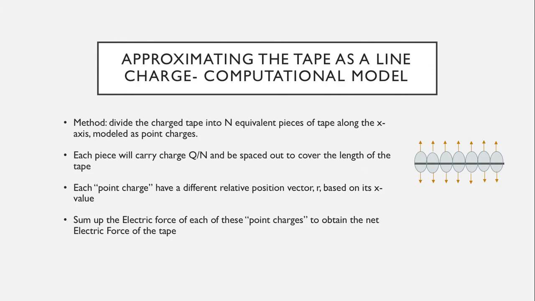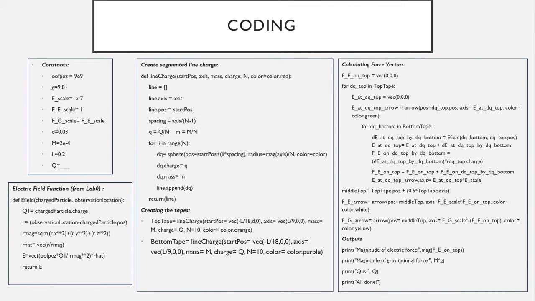So another method to do this is dividing the charge tape into n equivalent pieces of tape along the x-axis, modeled each as point charges. And so each of those point charges would carry the total charge Q over n and be spaced out to cover the length of that tape. And so each of those point charges will also have a different relative position vector r based on their position on the x-axis. And you can sum up the electric force of each of these to obtain the net electric force of the tape. And so we can create a computational model that will show this in a visual form,